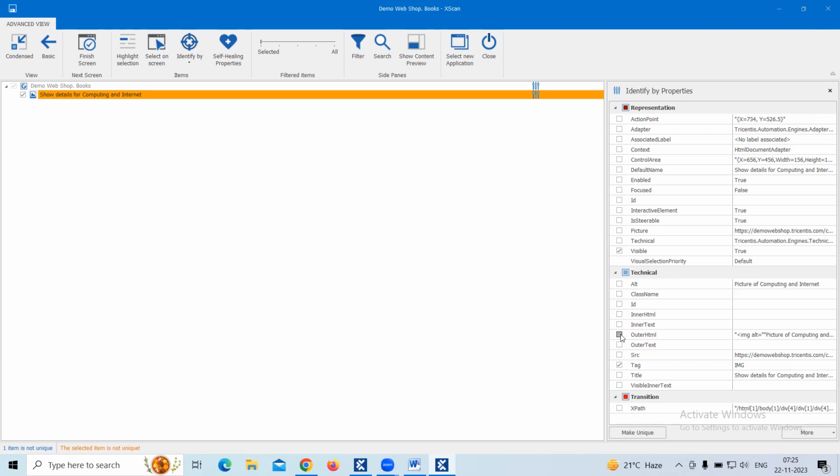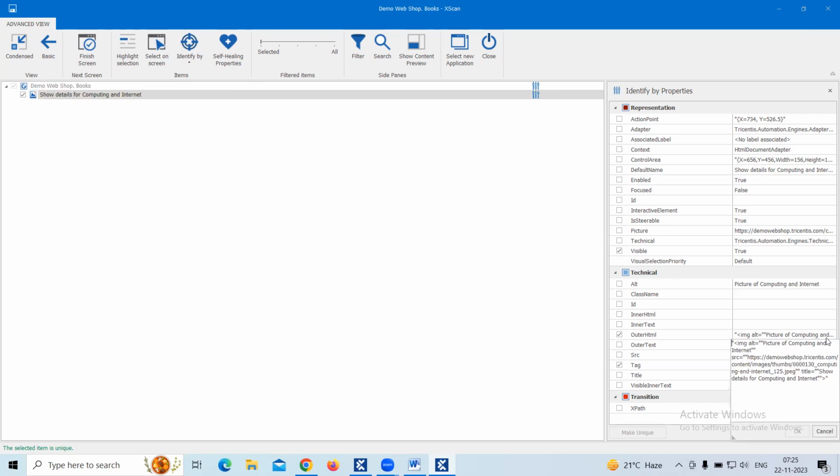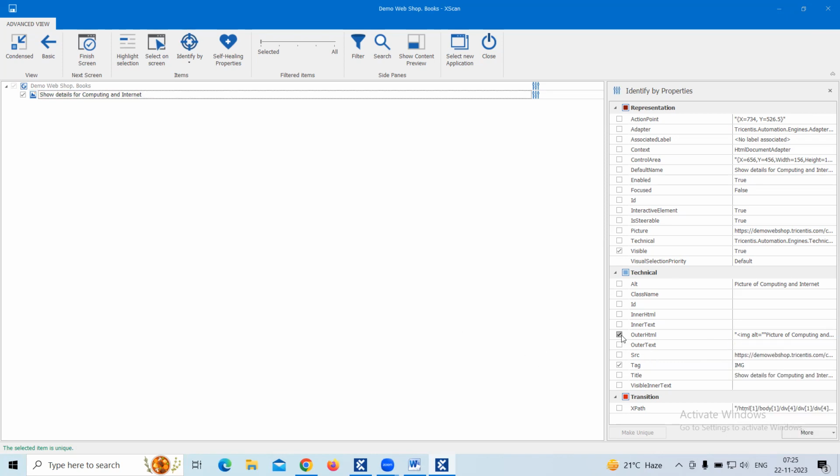Outer HTML. With the help of the outer HTML, we can make the control unique. But it is backend code, which may or may not change. We are not guaranteed. Okay, so another property,